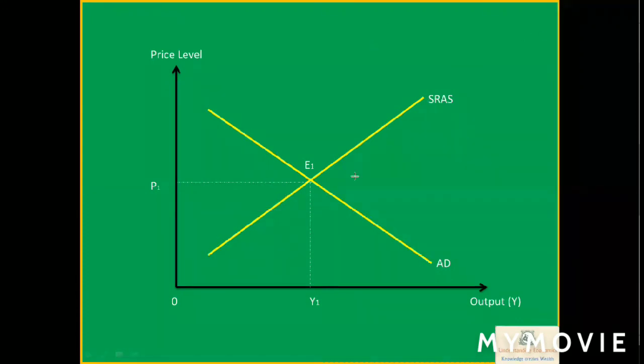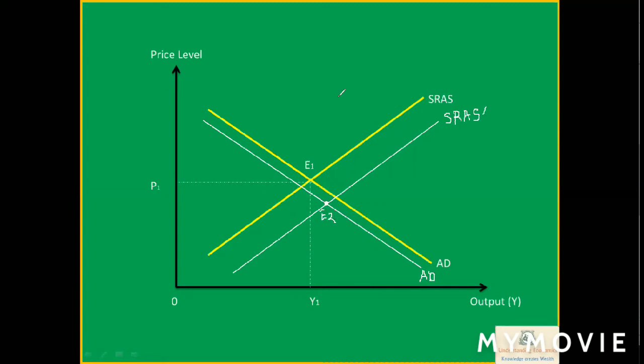Now if we consider that the aggregate demand has declined but only little compared to the increase in the aggregate supply, which is far more or relatively higher compared to the aggregate demand's fall. So in that case, this is our new aggregate supply curve, and it is our new aggregate demand curve. And this is our new equilibrium point, or we can write it as E2.